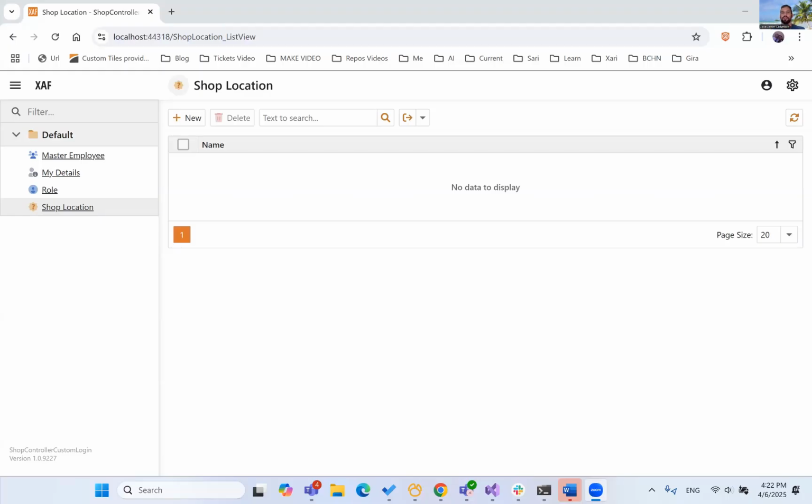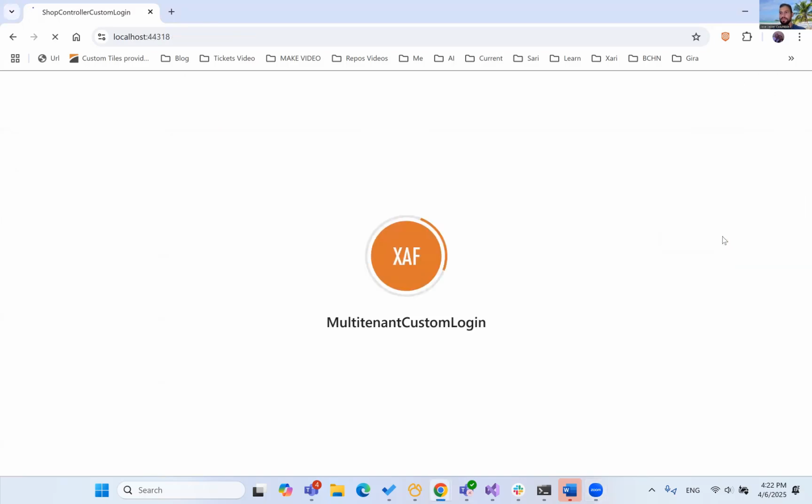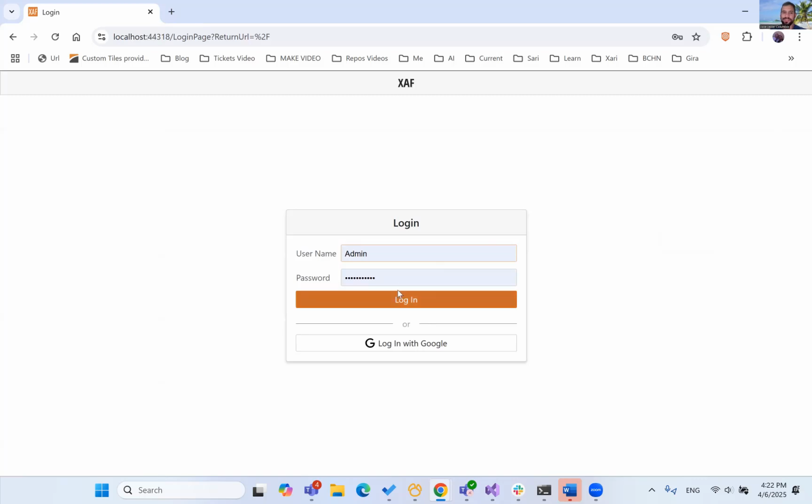All right, let's talk about another multi-tenant application. We have done this several times from scratch. We have used the multi-tenant module from DevExpress that I believe at some point will replace every custom implementation that we have done. At the beginning of XAF Blazor, we even used cookies, and XAF Blazor uses cookies in their authentication, and we have done all tenants in a single database, every tenant in a different database, a host database